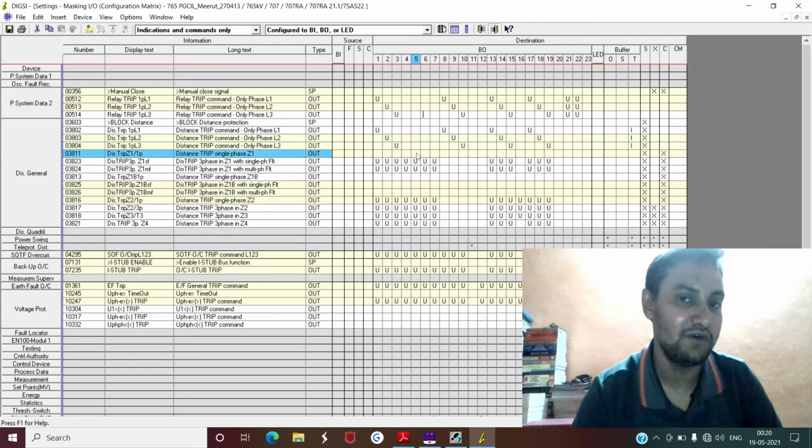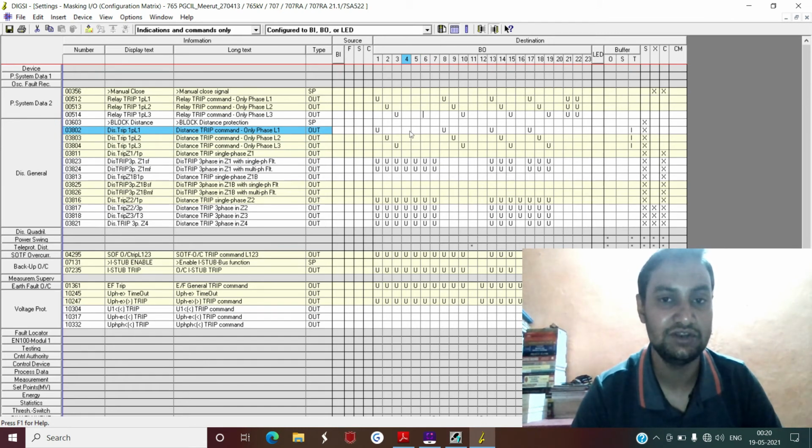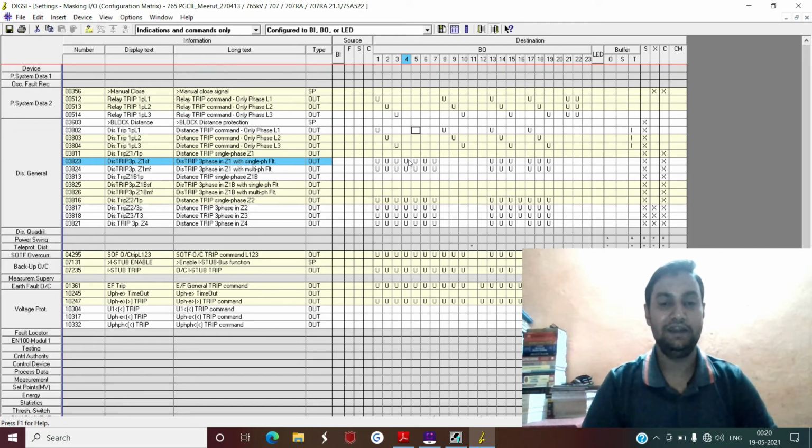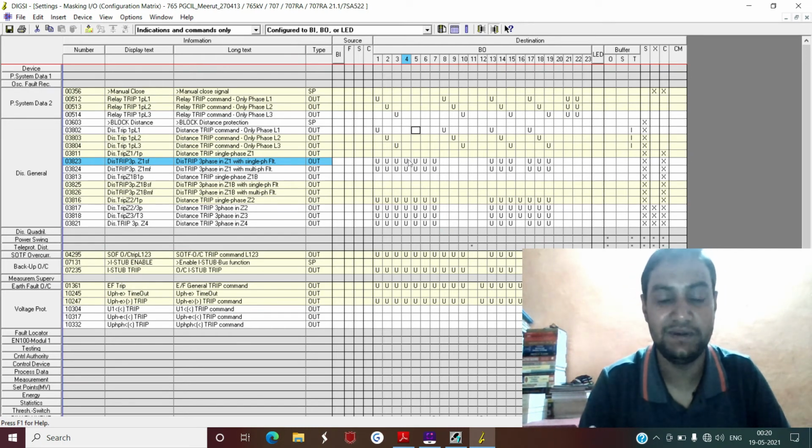That means if there is a fault in zone 1 which is a single phase to ground fault, suppose this is R phase to ground fault, then this relay cannot issue the R phase trip command to TC2 of main CB. So this is the main issue, and this way you can configure your complete relay.